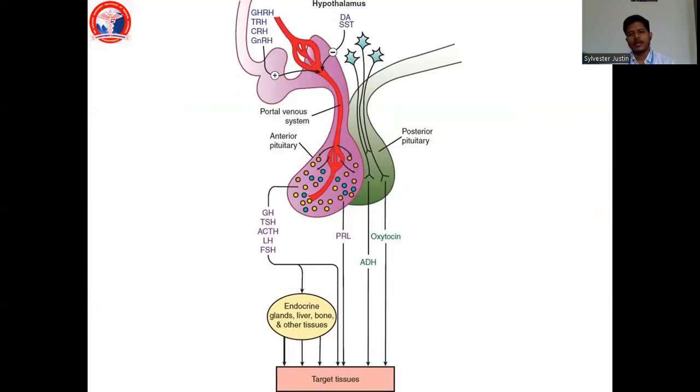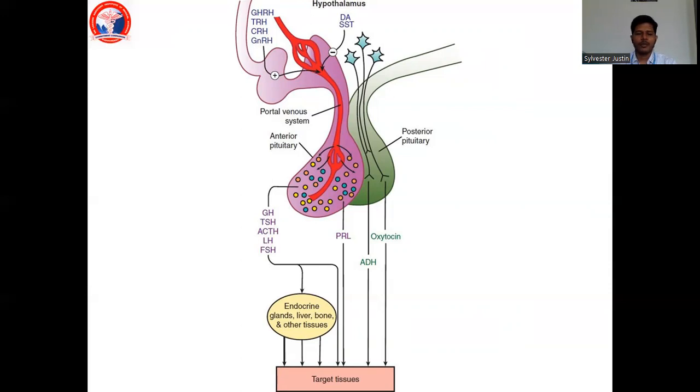So this is again showing the hypothalamo-pituitary axis. From hypothalamus, the capillaries form a venule and again become capillaries in anterior pituitary, forming the portal venous system. Hypothalamo-pituitary portal venous system. This helps in making sure that the signal sent by hypothalamus is received by the anterior